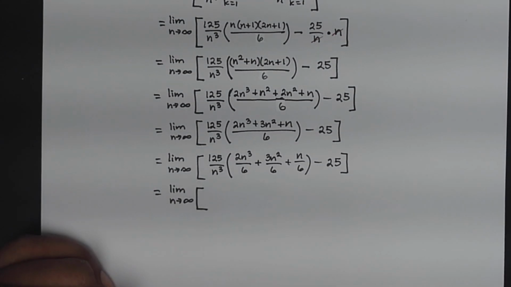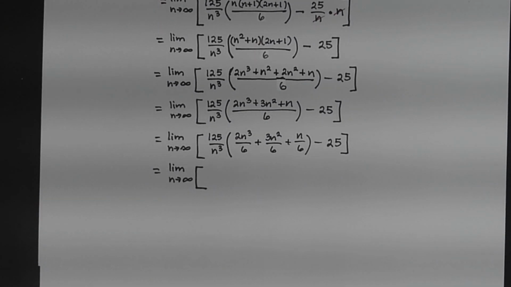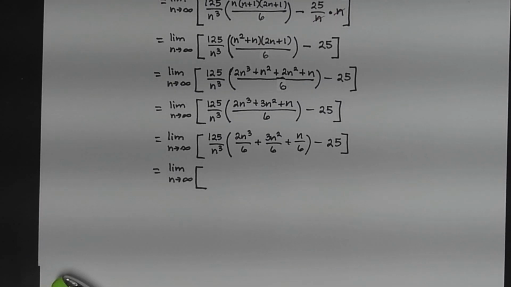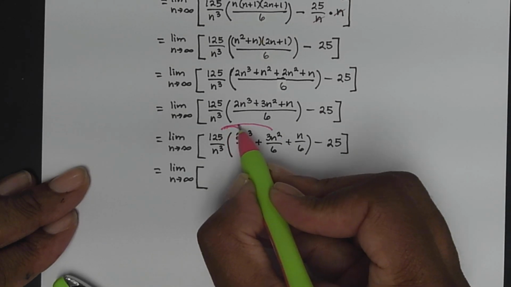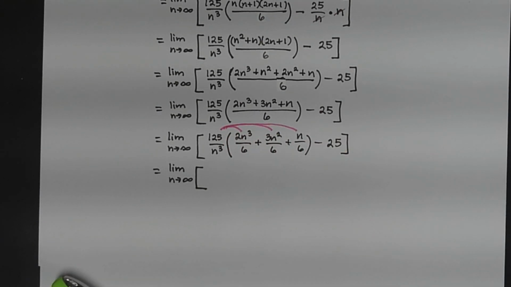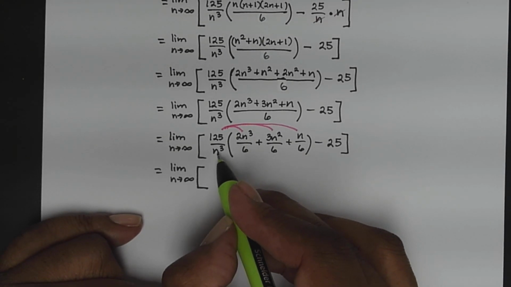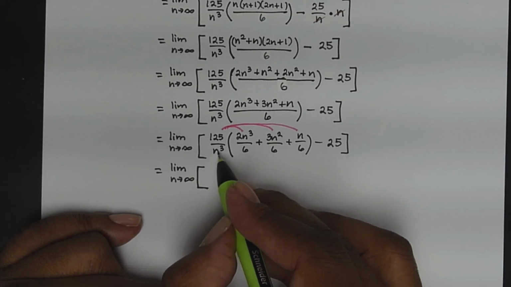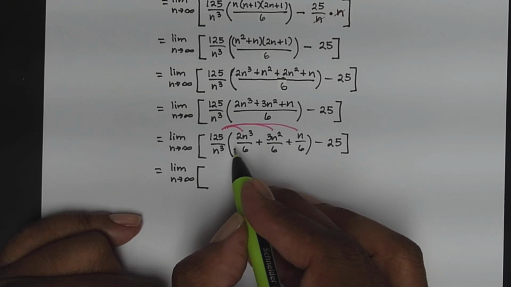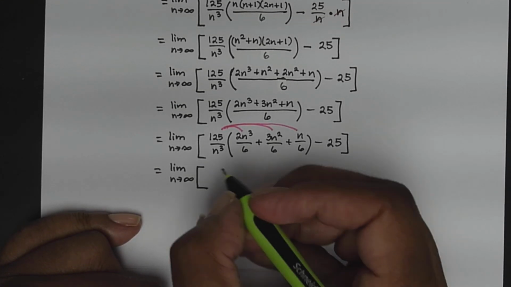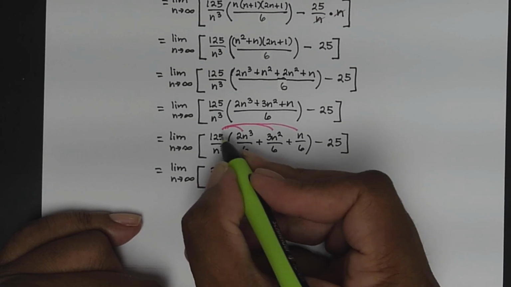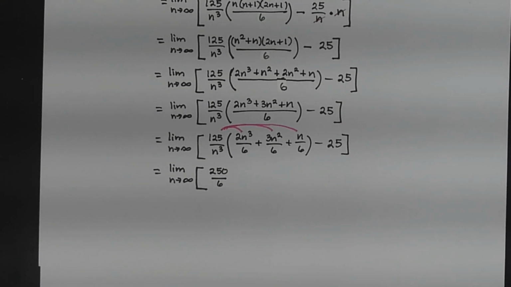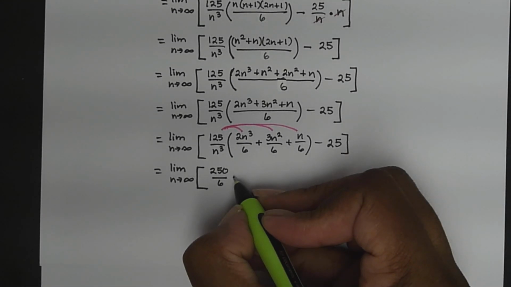So the limit as n approaches infinity of, if I distribute that 125 over n cubed over these three terms: 125 over n cubed times 2n cubed over 6. These n cubes are going to divide out. So that means I'm going to have 125 times 2, that's 250 over 6, plus